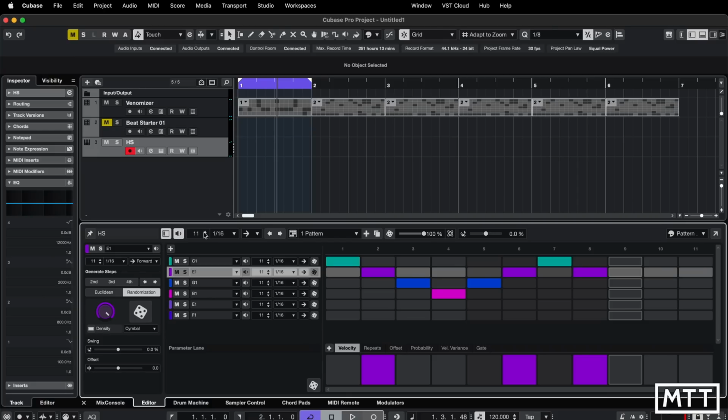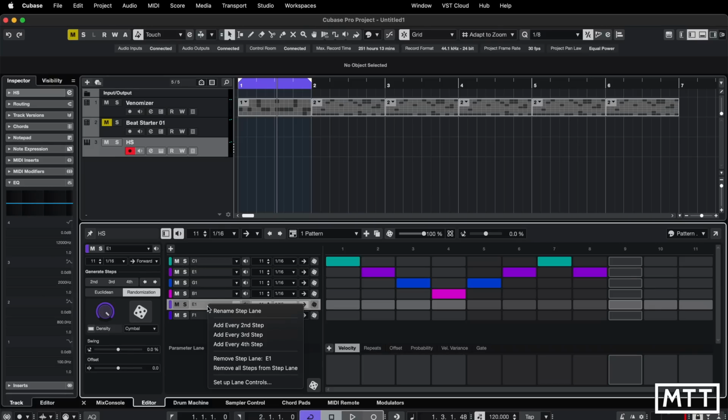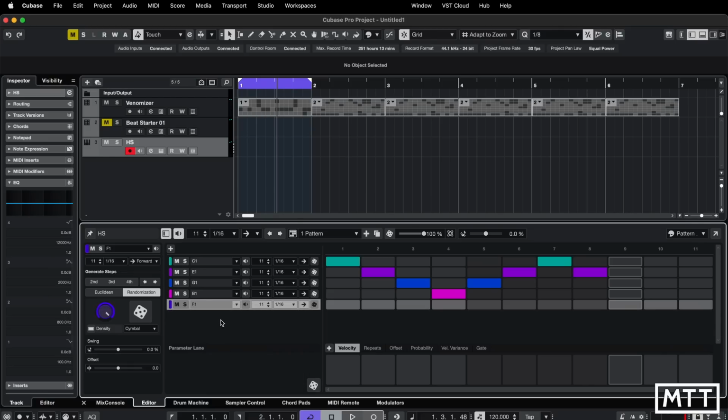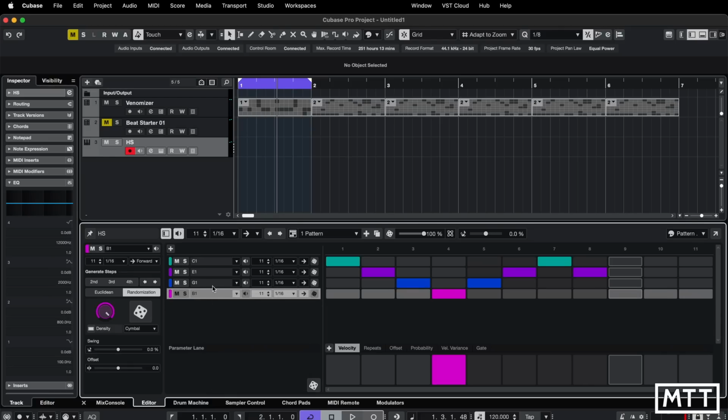But as I say, obviously, we've got the ability to randomize this as well. And that's where I think this becomes quite nice. So I'm going to remove these two lanes because I only want the elements of that chord. I can just remove that step lane, and that step lane. Obviously, you could add in as many as you want. You could make it really complicated, have it across different octaves, this, that, and the other. This is just an idea. But if we put in some randomness there, we might get some